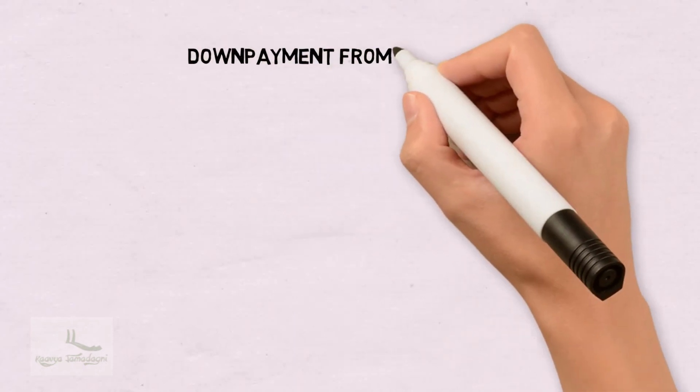Down payment from customer. This is one of the special processes in SAP because we use special GL indicator A. Before I explain it with direct reference to SAP, let me provide you an overview of down payment from customer in the regular process, and then I will link this to SAP.